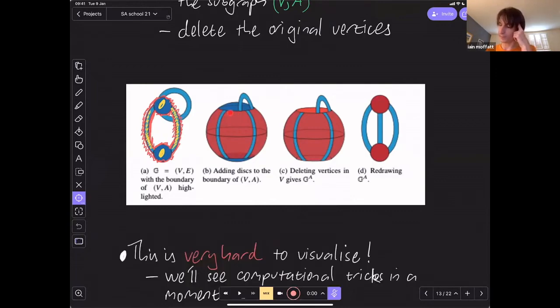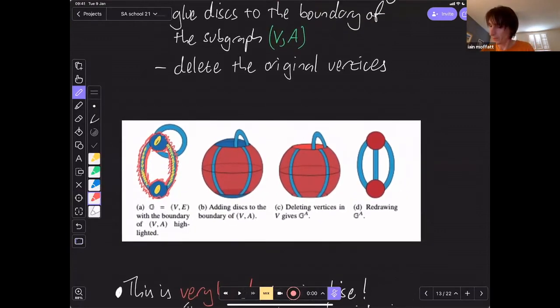So this would give me this picture here. What I've got is a graph in the sphere, or a ribbon graph in the sphere, but I've also got this little handle here that corresponds to this edge. And then, just as before, I throw away my two original vertices, my two blue vertices, and what I end up with is a weird drawing of a new ribbon graph that I can tidy up. So this process, which admittedly is hard to visualize at the moment,